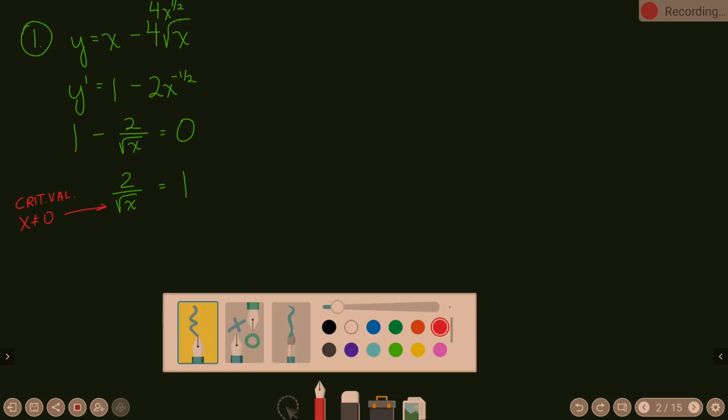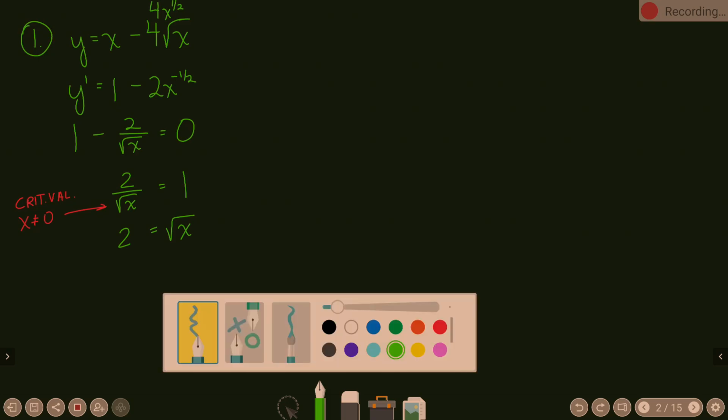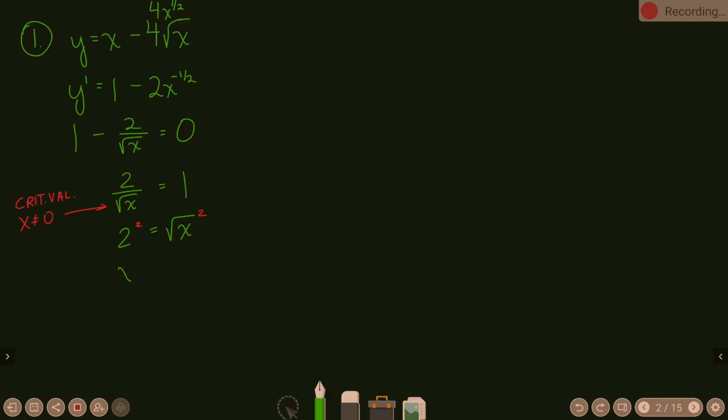Now, if we keep solving this, I'm going to multiply the square root of x over, if you will. Square root of x times 1 is square root of x. So square root of x is 2. How do we solve? You're going to square both sides. So then we end up with x equals 4. So there is another